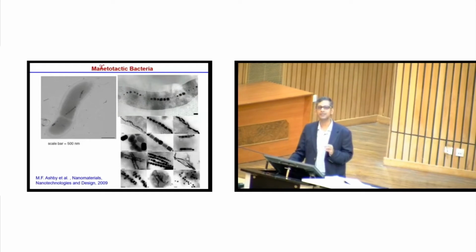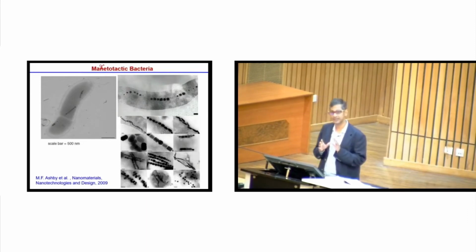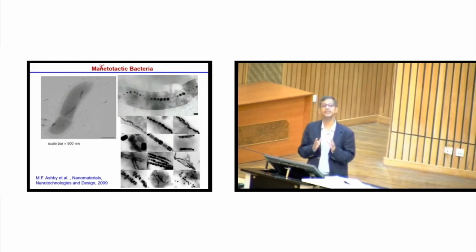There are some bacteria which live in swampy waters. Why do they live in swampy waters? They need oxygen. But bacteria are very funny, unlike viruses. They need food, but they also need oxygen to create energy, to burn the food actually. We also need oxygen for many things. The oxygen content in the water, in the ocean, depends on the depth. The deeper the water, the less oxygen it contains,